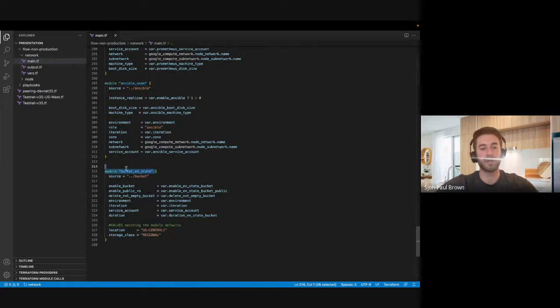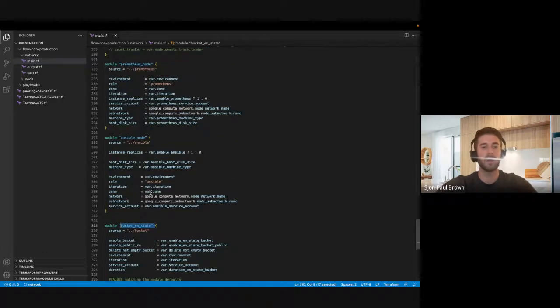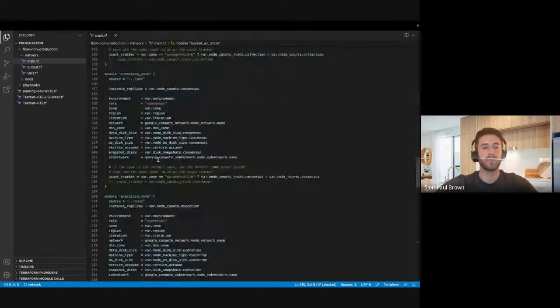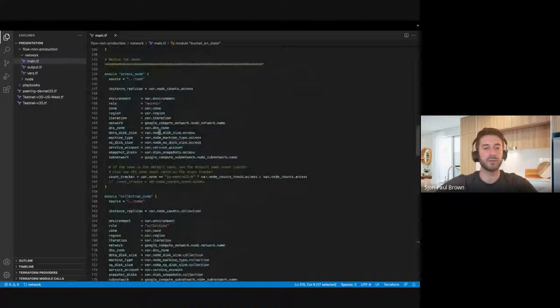And I also want to highlight this bucket that we create for our execution state. And we create one of these for each network. So coming back up to that access node that I was referring to, I want to show you that this